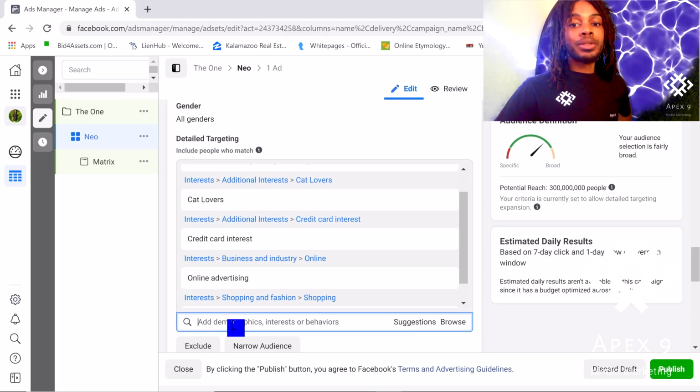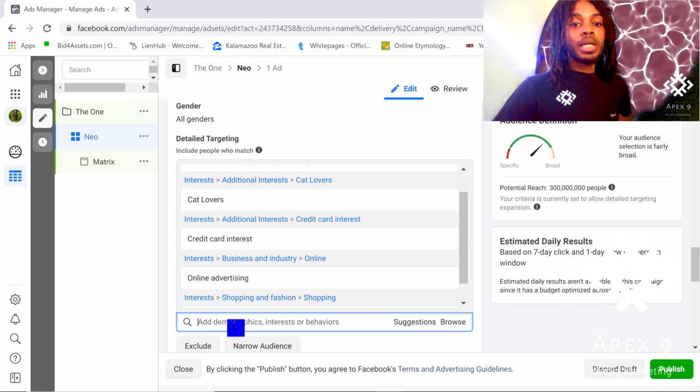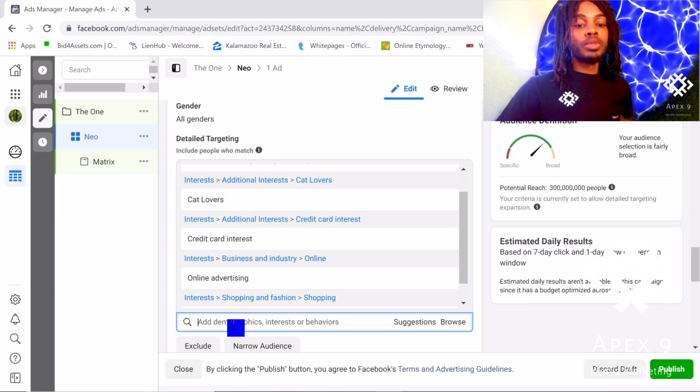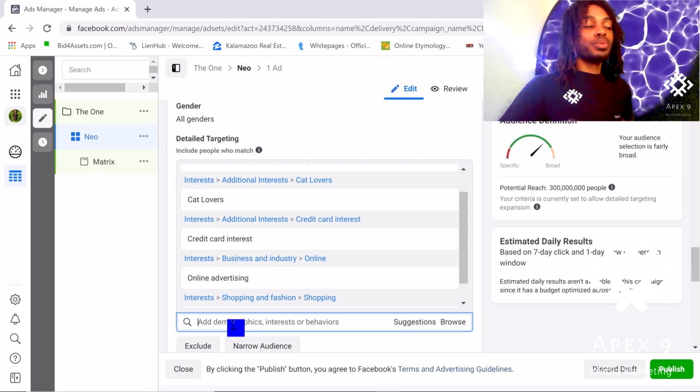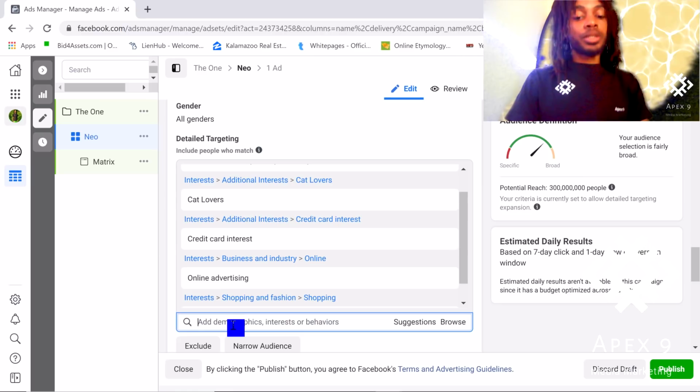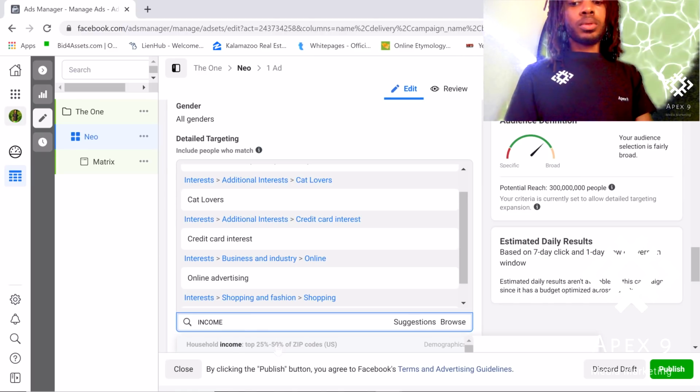You also want to choose detailed targeting. So you would just click edit on your detailed targeting. Right now I have in there, for example, people who access Facebook through their mobile. Definitely you want to have that. That's a really, really good one to use. Let's see, credit cards. So people who